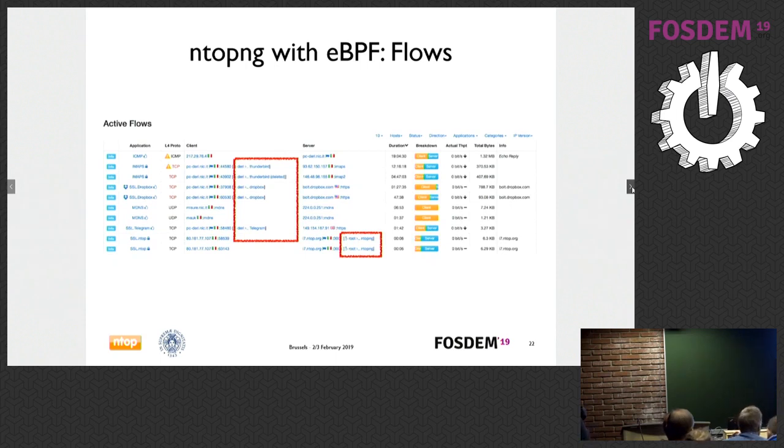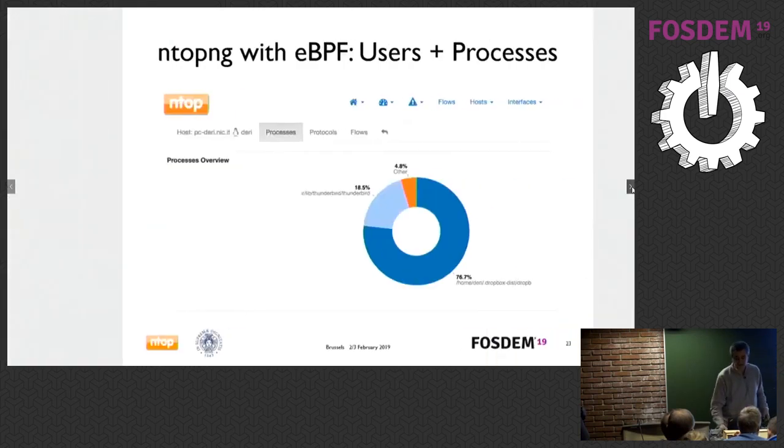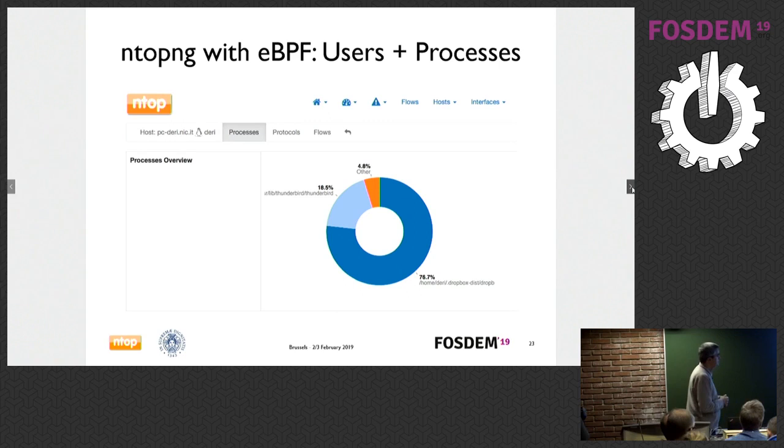Of course, thanks to the packet inspection, we can analyze that. This is very important because it allows us to augment the information, so we have an idea of what users are doing. So what am I doing? Okay, I'm running Thunderbird, so I'm using Dropbox. So this is how I use my network. So not just analyze packets, but also analyze the information